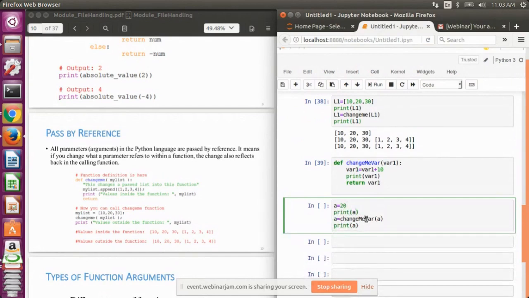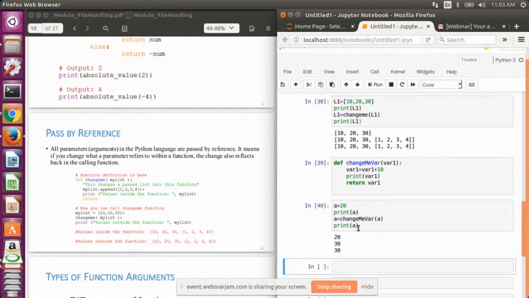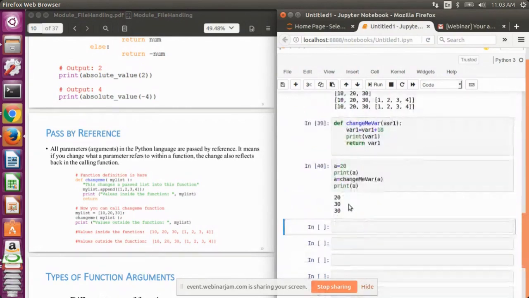Now if I run this particular statement, will there be changes in the a value? If I run this, yes, there are changes in the a value. That is, first we got 20, then 30. That is the change after making the changes within the function. Then again we got 30 because we are returning the value of a and assigning it to the a variable, and then we are printing.